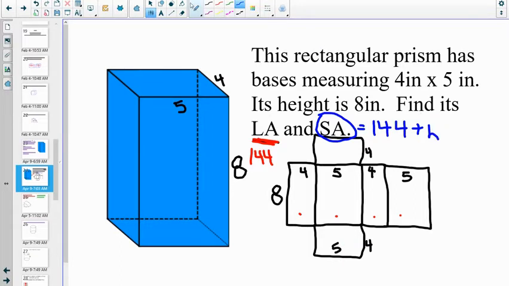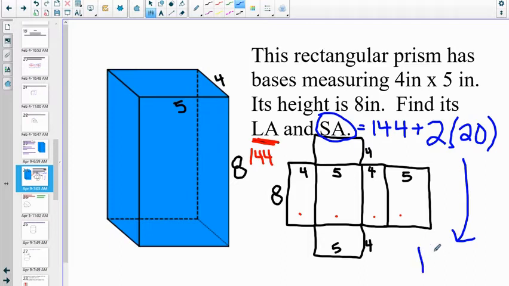But I'll just add 2 times the area of the base. Well, this base is 4 by 5. This one's 4 by 5 also. And so each of those bases is an area of 20. And so there we go. My total surface area is 144 plus 2 times 20. 144 plus 40 is